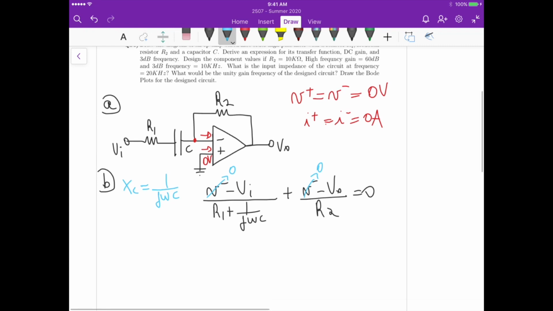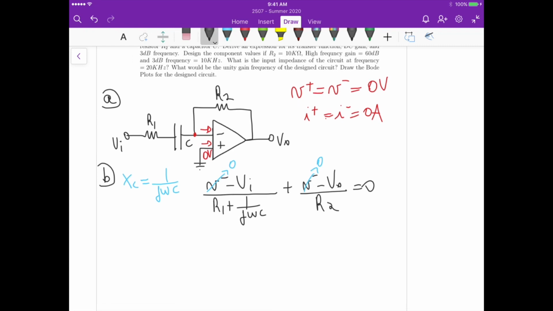So we can simplify this equation as minus Vi over (R1 plus 1 over j omega C) plus minus V out divided by R2,